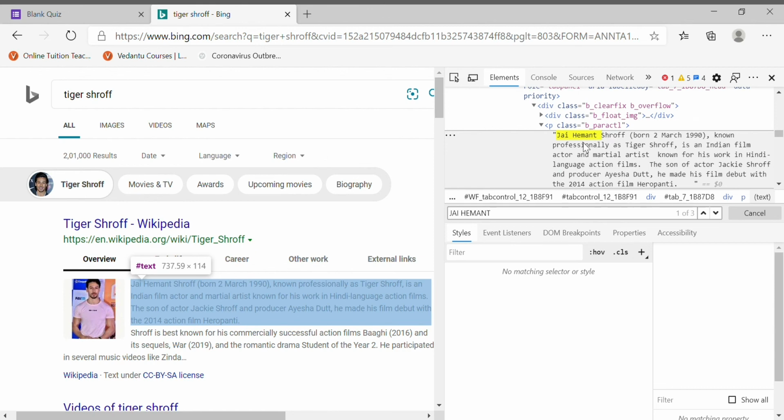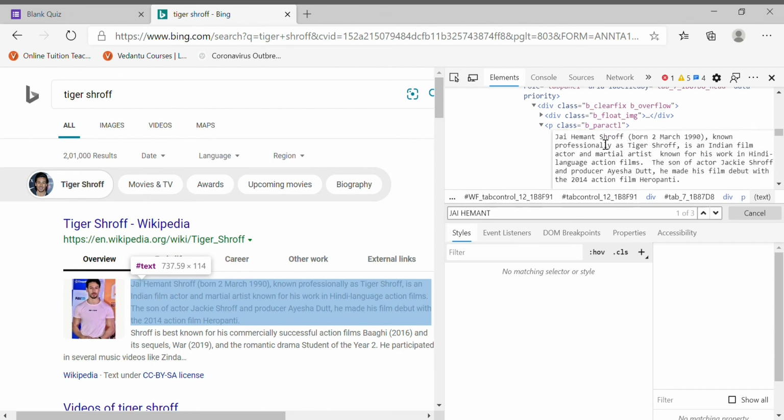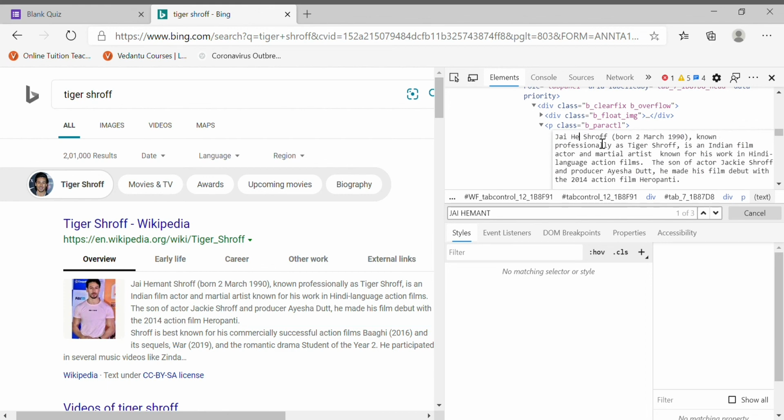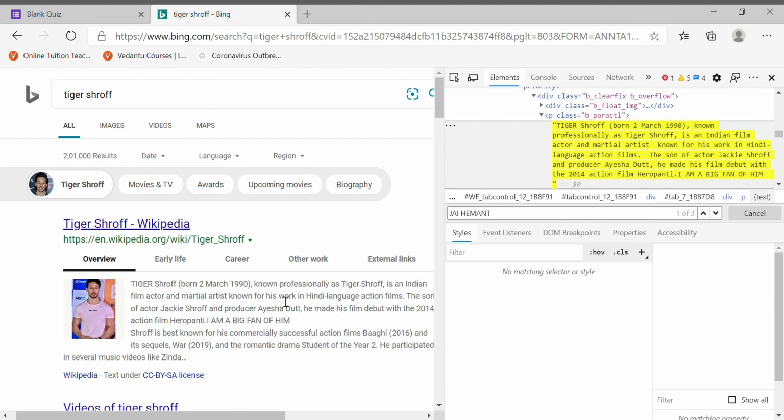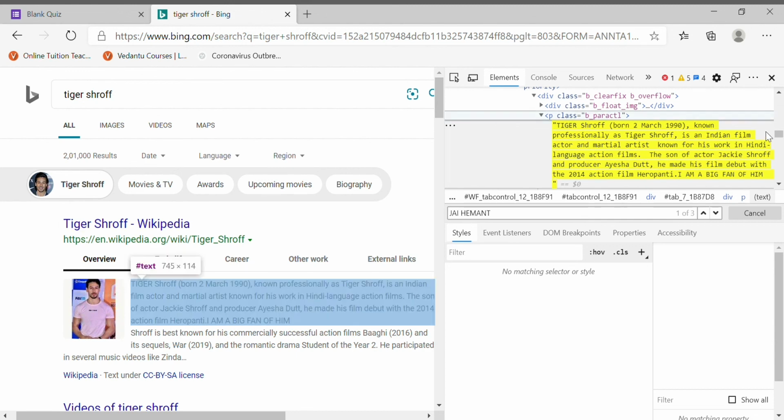So I'll just right click and click on edit as HTML. Now whatever I want, like I am erasing Jai Hemant and writing Tiger, and I can add something here like I am a big fan of him. Now click anywhere, see the results. Tiger Shroff, non-professionally as Tiger Shroff, and at the last it says, I am a big fan of him.